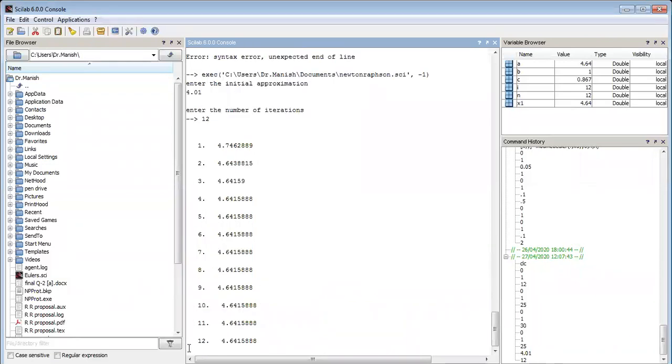So you can see that the root is exactly the same after the fourth iteration. See how fast it converges. Okay, so we have seen that it has second order convergence for Newton-Raphson method. So the same thing you can try out for the earlier problem also. So you can understand that this converges very fast as compared to your regular falsi method also.